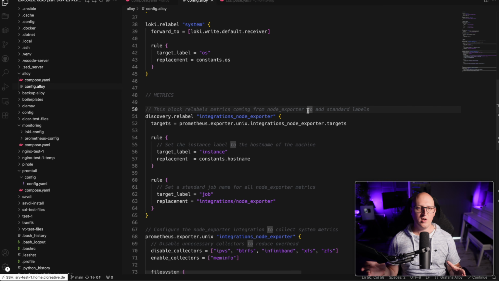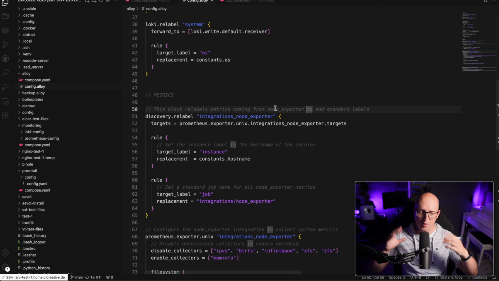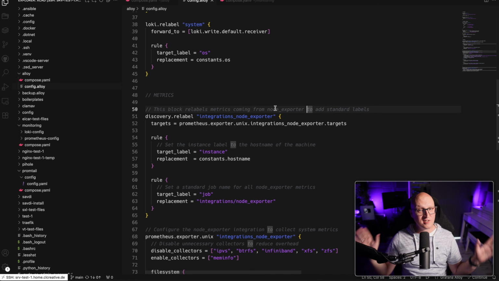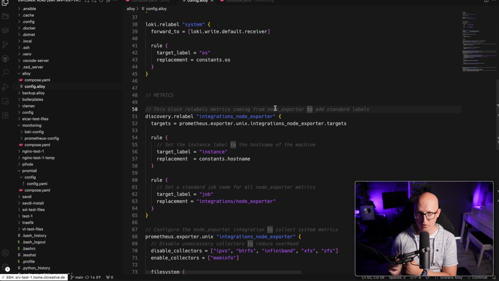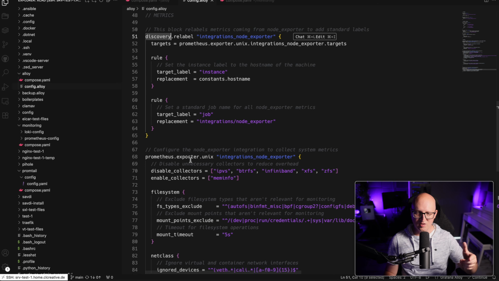In Prometheus, you would usually do it this way. You would have Node Exporter. This is a simple application that opens a web interface and exports its metrics in the Prometheus standard format so that Prometheus could connect to the machine where Node Exporter was running and scrape the metrics. With Grafana Alloy, you don't need any of this. You don't need to install Node Exporter on the system. You don't need a scrape job in Prometheus. You just need the